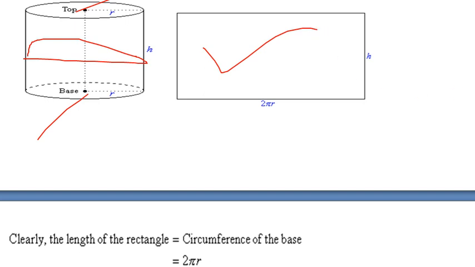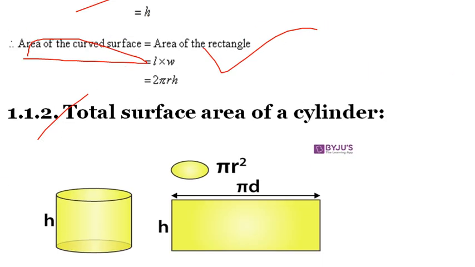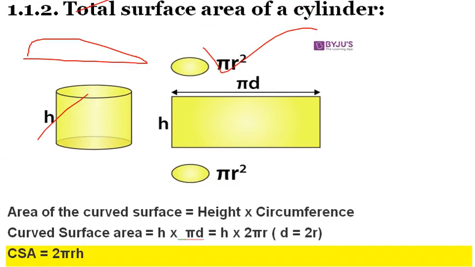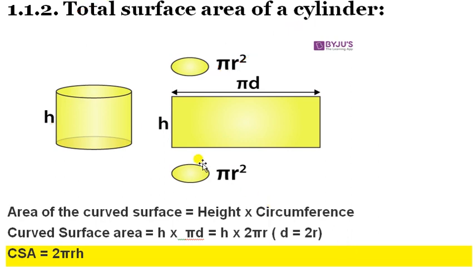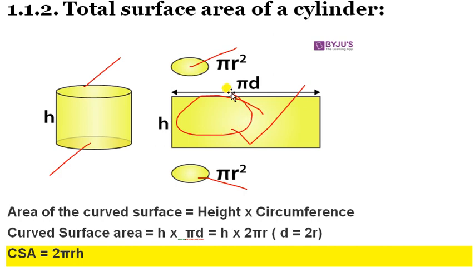For better understanding, you can see this diagram also. Actually, when you revolve a rectangular shape, you will get these three parts of a cylinder: two circular faces, one on the top and another at the base, and one more face, that is the rectangular face. Now the question: what will be the length of this rectangular face?